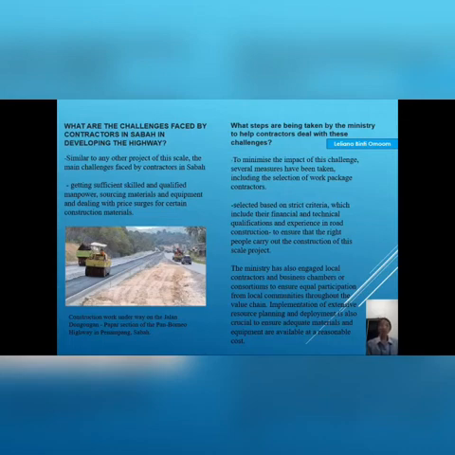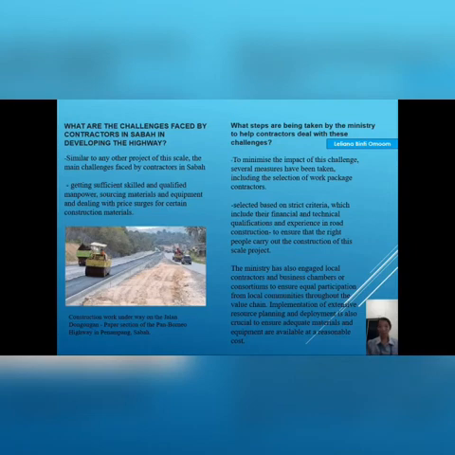And the ministry has also engaged local contractors and business chambers or consortiums to ensure equal participation from local communities throughout the value chain. Implementation of extensive resource planning and deployment is also crucial to ensure adequate material and equipment are available at a